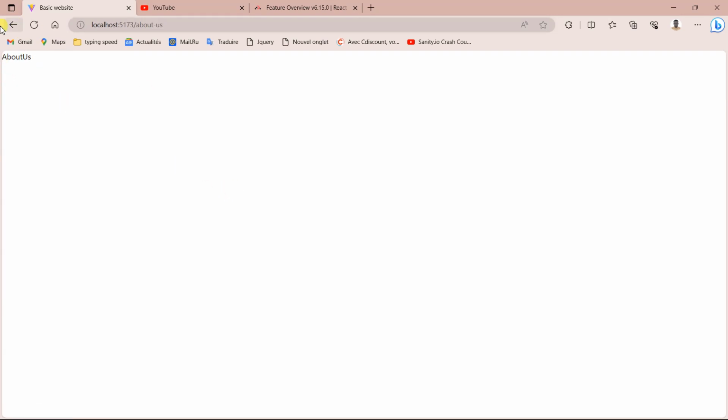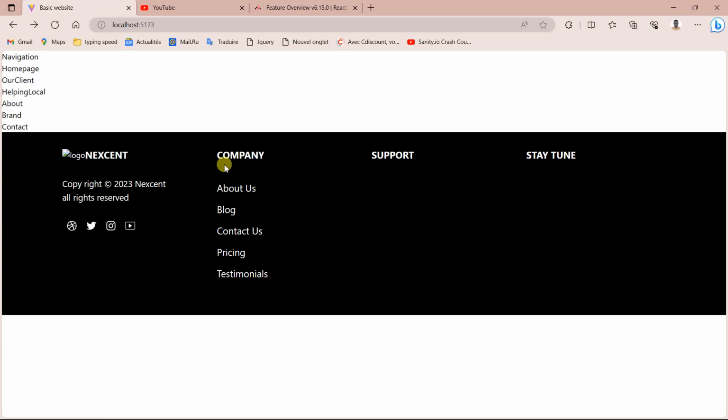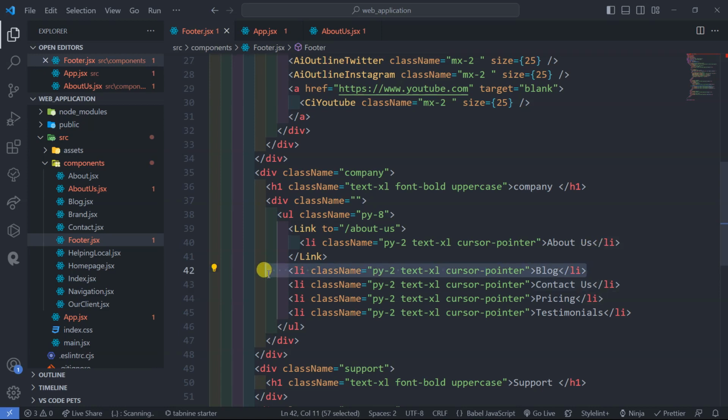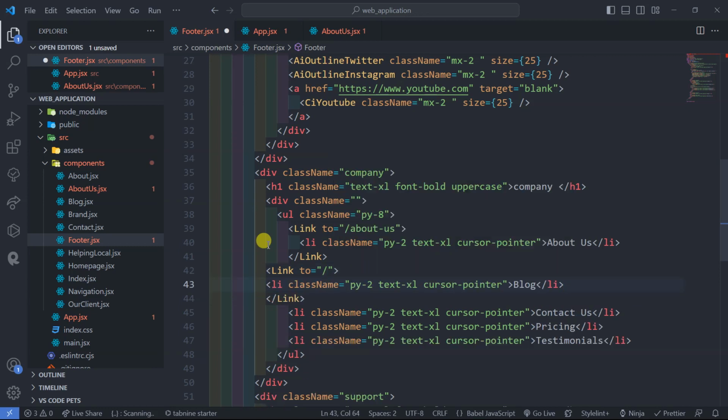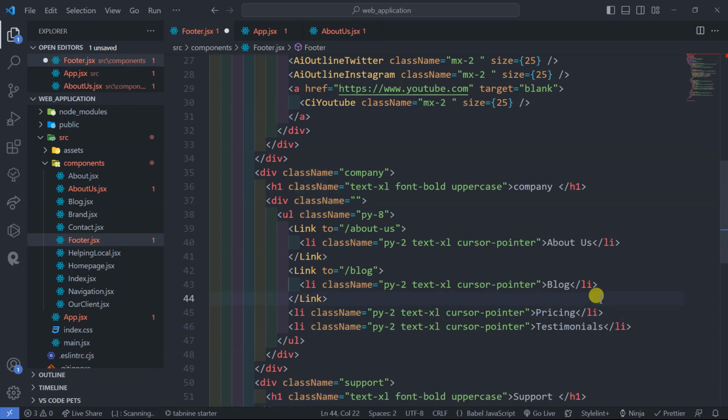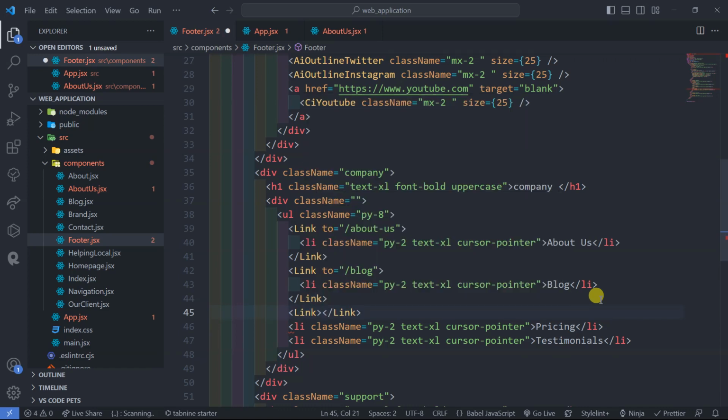When you click on this, it takes me there. So this is the advantage of React Router. The same thing we are going to do with the rest of the things here. If you don't want to come back again to the footer, then we can just implement everything at once. Like we copy this here, we just type Link, and then in the Link I will just say to, and then I can put the routes where I will go when I click on this one. So I'm going to move to blog. I'll type here blog. Then the same thing for contact us. I'll copy that one also and say Link, and then to